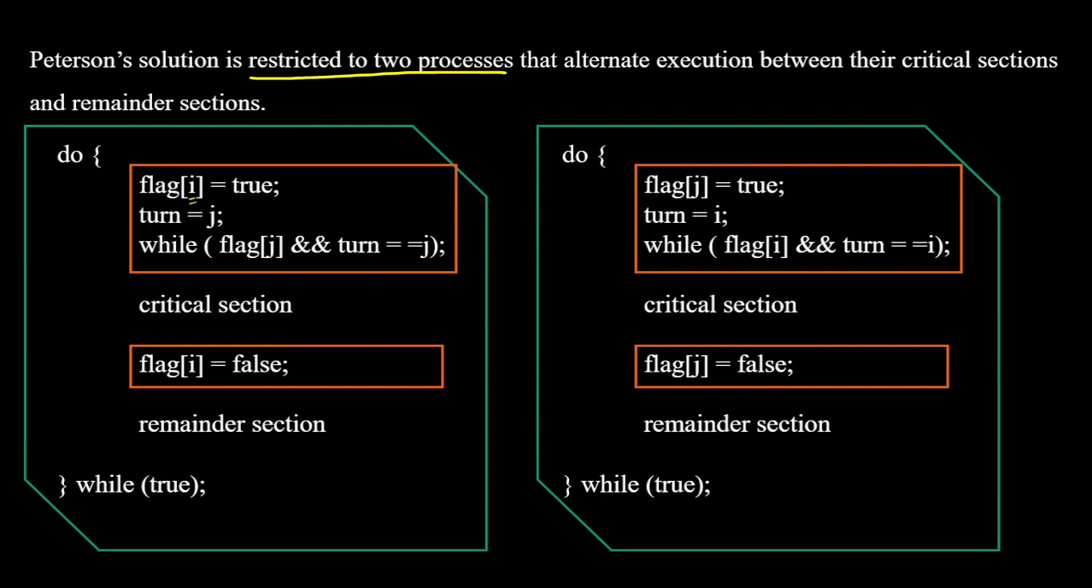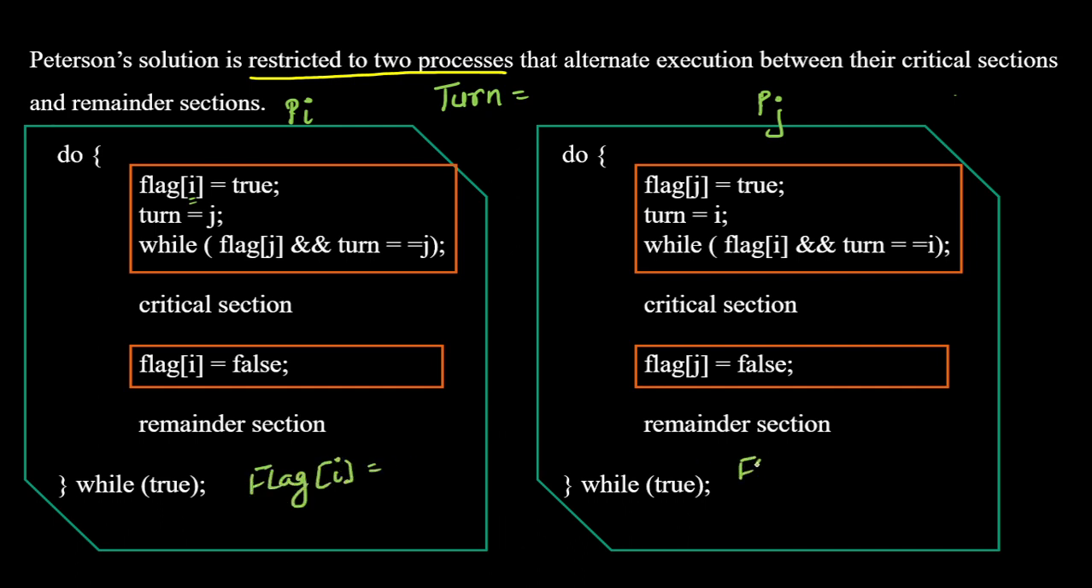Now you must be thinking, what will happen if both the processes PI and PJ start executing at the same time, because they are different processes and they can execute at the same time. So let's talk about this turn variable. Now we have this flag of I, let's say this is your flag of I